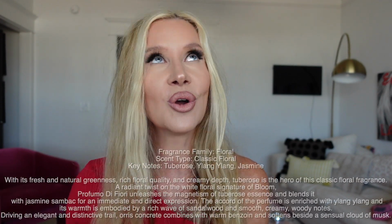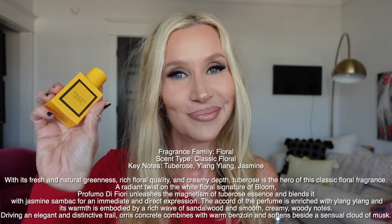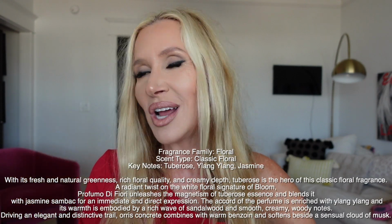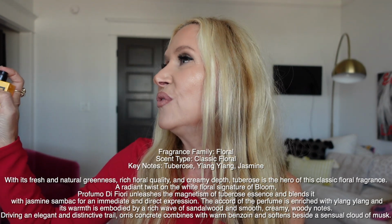Oh my goodness, I'm going to do exactly what I said I wasn't going to do here, but let me look it up. Packaging is incredible. The florals, such a good gift. This is a classic floral, tuberose first note. That's why I like it. Tuberose, ylang ylang, and jasmine. Oh my goodness, no wonder I like it. Okay, guaranteed, you will love it. This is one that's good all year round. I would not say it's like a fall or winter scent. I would say this is perfect for,